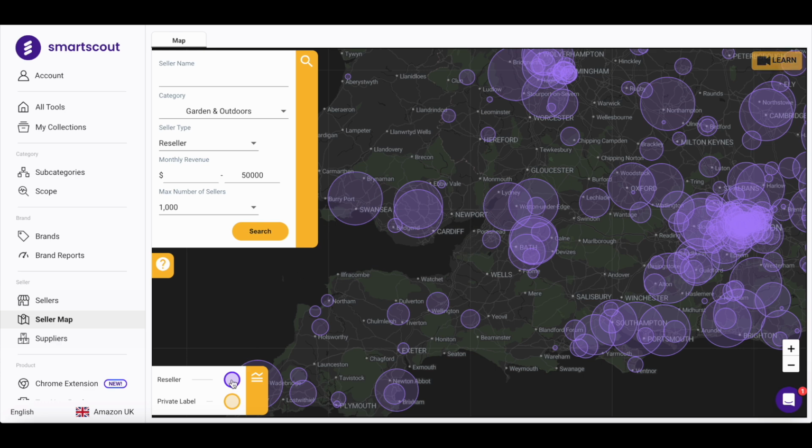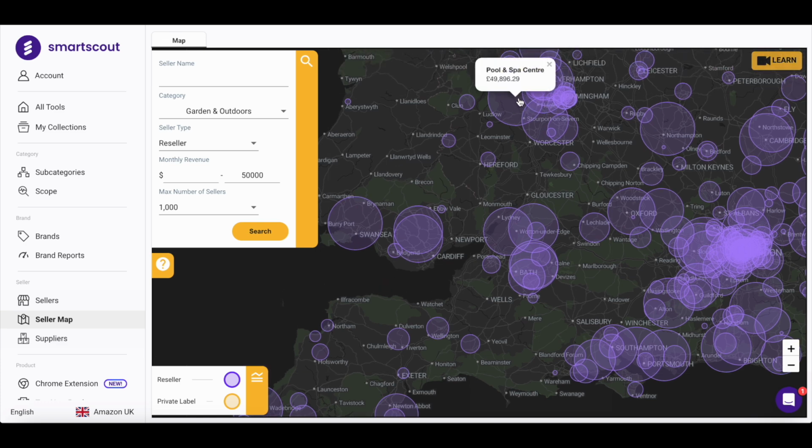Down here from the key we can see resellers are in purple, private label is in yellow. Obviously, since we've selected reseller and not private label, we're only going to see the resellers anyway. We can hover over and see what the brand name, the company name, the seller name is, and their estimated monthly revenue. So we can aim for someone that is potentially doing around the same figures as us. Say we are doing around